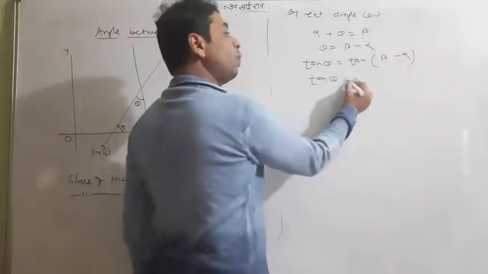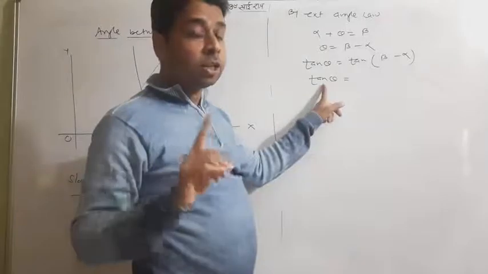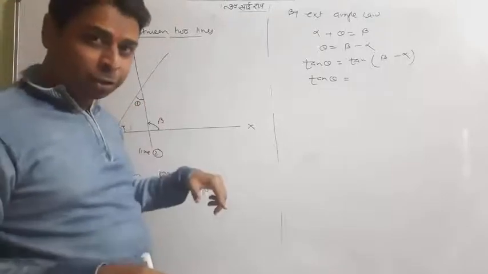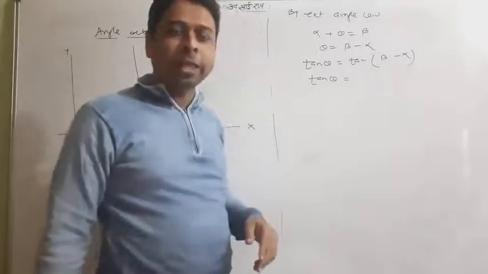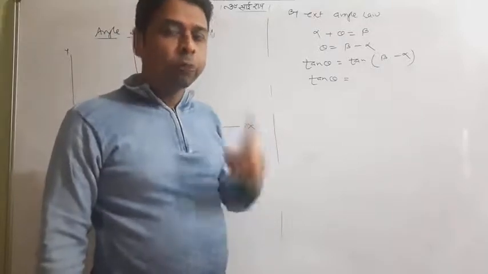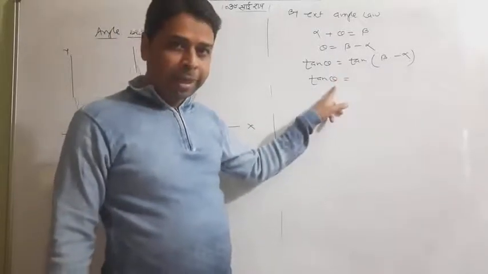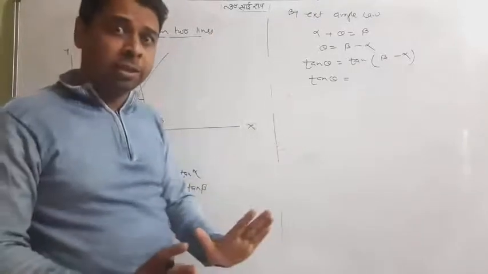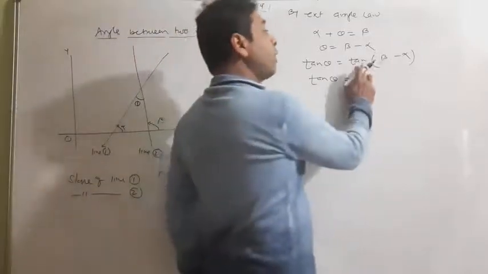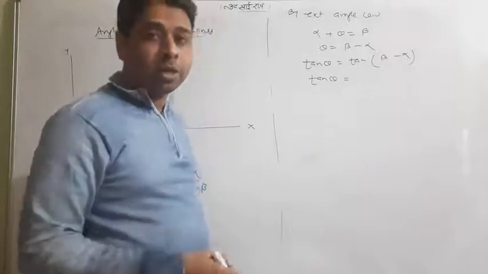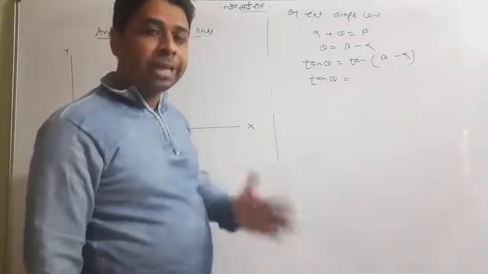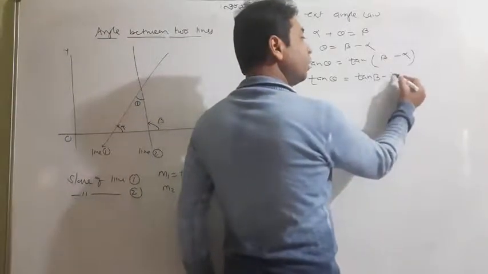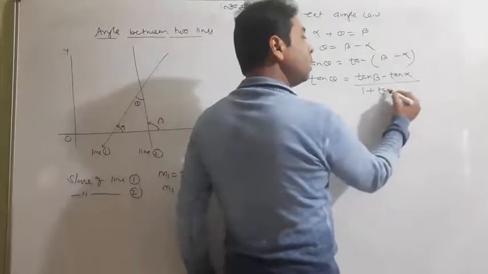Now tan theta is equal to... again don't get confused that tan theta is not equal to m, because theta is actually the angle between two lines which we are finding. Otherwise you will get confused, sir, you taught that tan theta was m. Don't be silly. Theta is not the angle made by the line with the positive direction of x-axis. Theta is actually this time the angle between two lines. So tan theta is only tan theta, where theta is the angle between two lines. Now tan of beta minus alpha: use the law of tan A minus B in trigonometry. Tan A minus B is tan A minus tan B upon 1 plus tan A tan B.